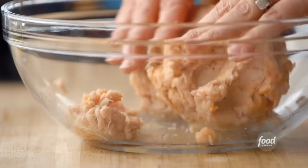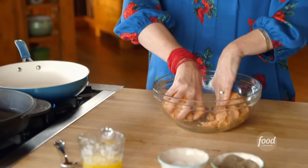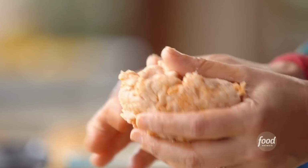Okay, I'm gonna divide this little pile in half, and I'll make 2 equal-sized patties. When you're making buffalo chicken burgers, you don't want to form teeny tiny thin patties. You really want to make a nice, big, substantial one. Okay, I'm going to get this into a skillet with a little vegetable oil in it, and I'll get the